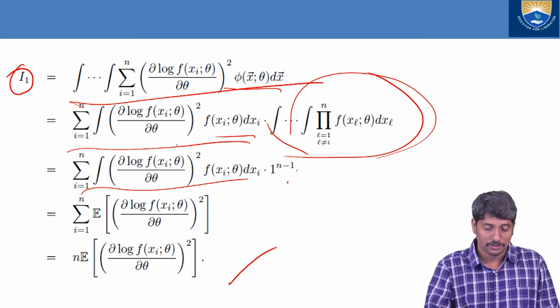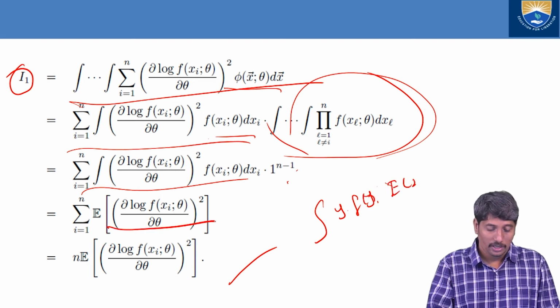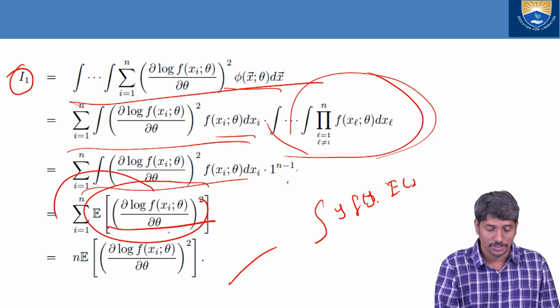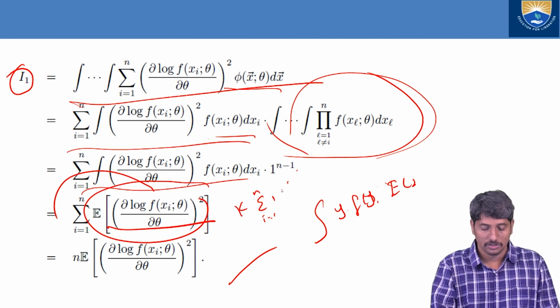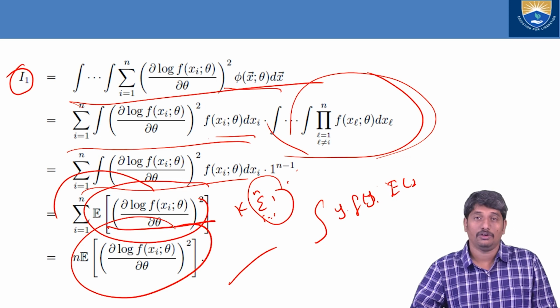This looks like the integral of y into f of y, that means expectation of y. That is why we got this, and this is a constant that can be written out, so this is summation i equal to 1 to n of k, so this becomes nk, that is n into Fisher's